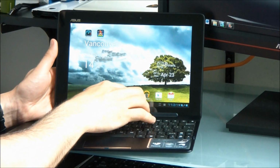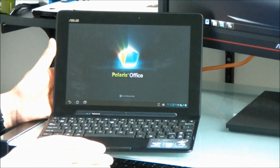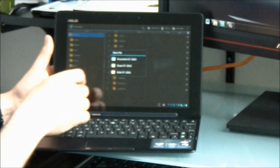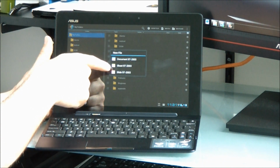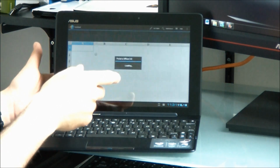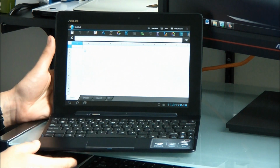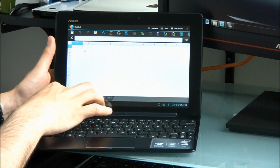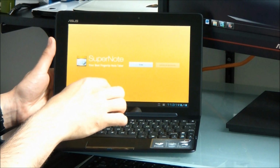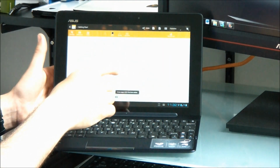Obviously the most important option is now I've got a lot more productivity. So if I was going to create a document, for example, I have Polaris Office here. And with Polaris I can create Word, Excel, or PowerPoint equivalents that will actually work in Microsoft Office. So I could create a spreadsheet, and I could save this and then open it in MS Office on my desktop at home. I can also go in and create documents using something called Supernote, and Supernote's really cool because,